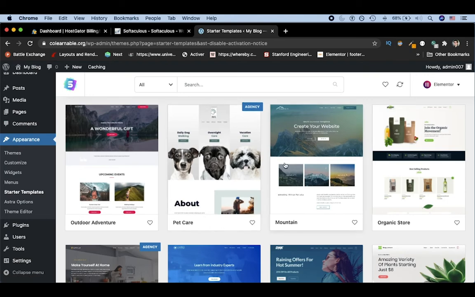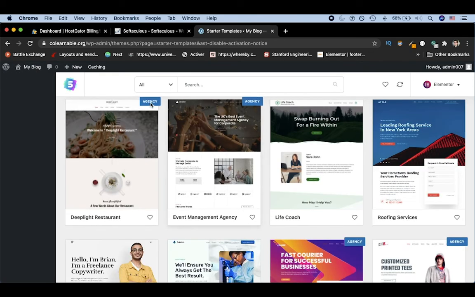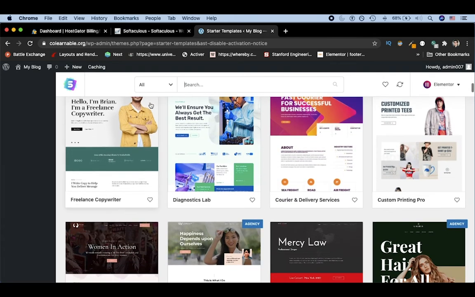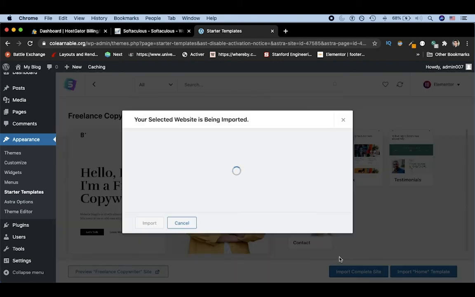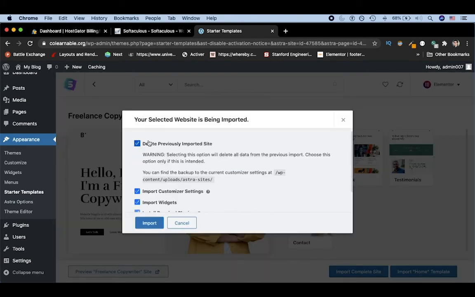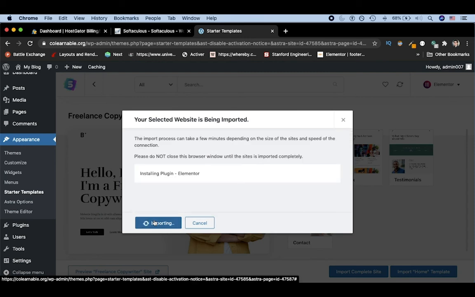Next, you might pick an individual template. If it has agency here up in the corner, that means you have to pay for it. So I'm going to choose this freelance copywriter. And then I'm going to hit import complete site. And I'm going to choose to delete the previous sites. So then you click import, and again, it may take a few minutes or a few seconds to install depending